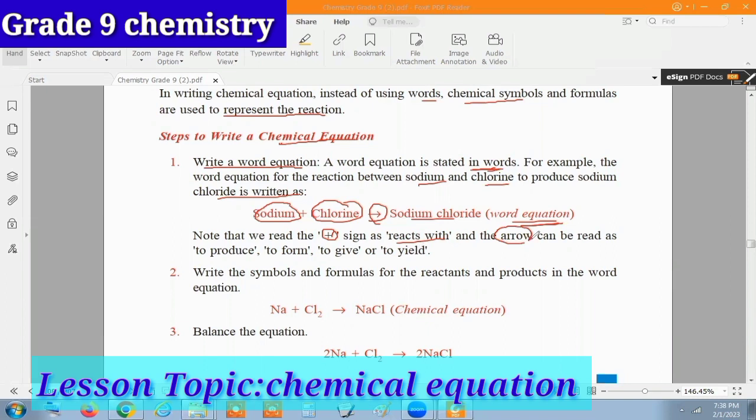And the arrow, it is read as, it may be, to produce, to